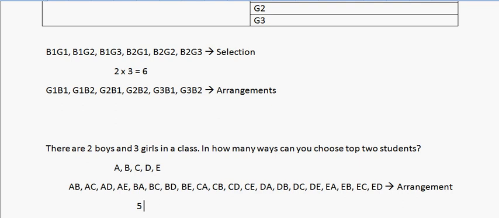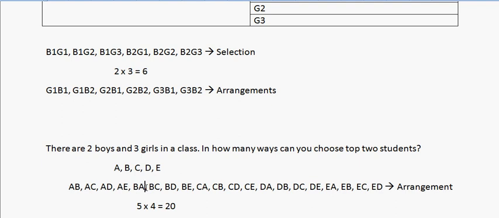And if for every one selection there are 4 other selections, right? If we choose A as topper, then the second can be B, C, D, E, right? So this means the total are 20, right? So this is the basic principle of multiplication, which gives us the number of arrangements, right? Which means whenever you apply basic principle of multiplication, you would always get AB and BA as separate cases, right? They would be separate cases and not